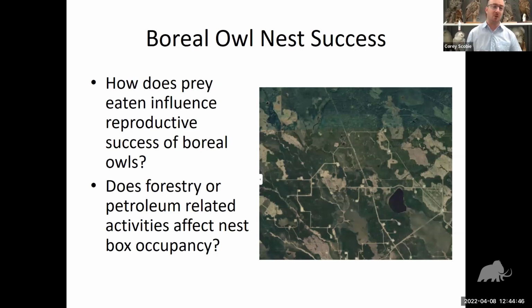Some of the questions that I'm most interested in: Dr. Jazz is really interested in the skeletal material of the heather voles, and I'm really interested in the boreal owls. I'm interested in answering questions specific to boreal owls, like how does their diet influence their reproductive success? If they're eating lots of heather voles, are they more successful? But we can also look at questions related to other landscape features around the nest, like petroleum